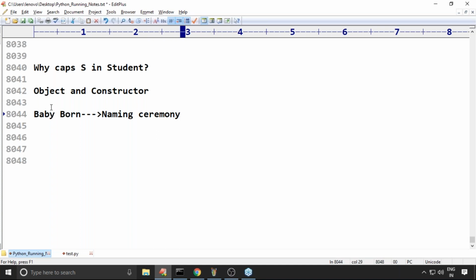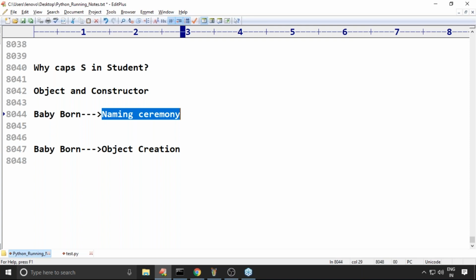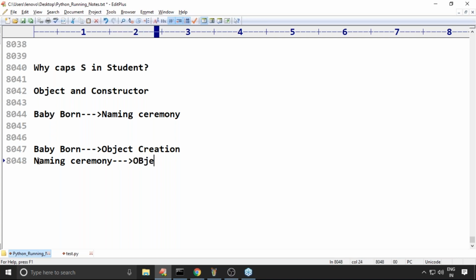Listen carefully: baby born itself is object creation. The naming ceremony for that object is called object initialization.